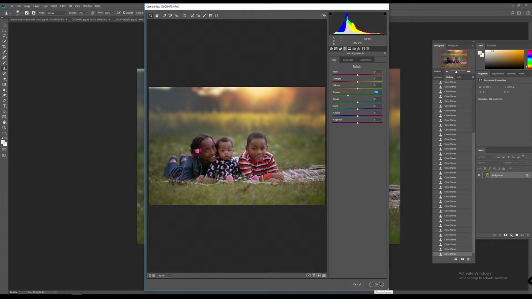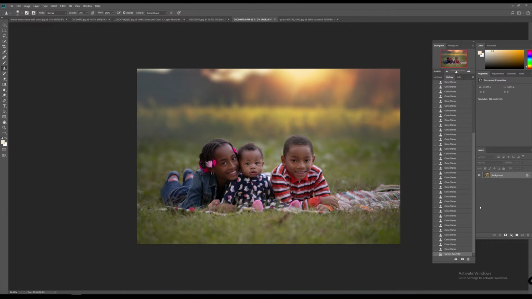Okay, so that looks good. Click OK. So that to me is a little bit better, but I still think that I want to add something else here. So I'm going to go back here